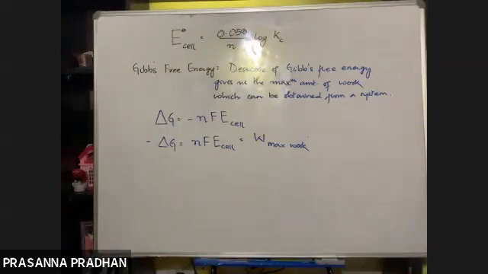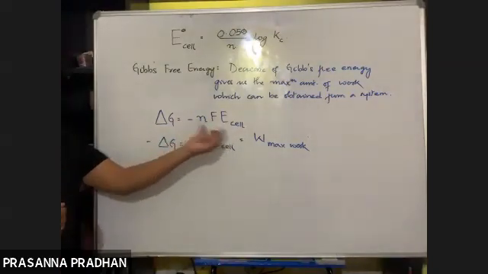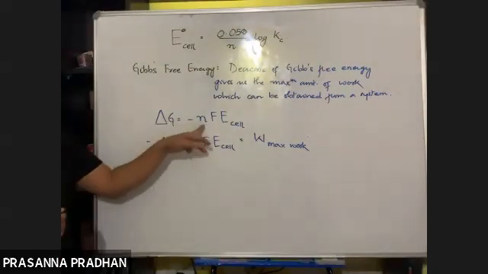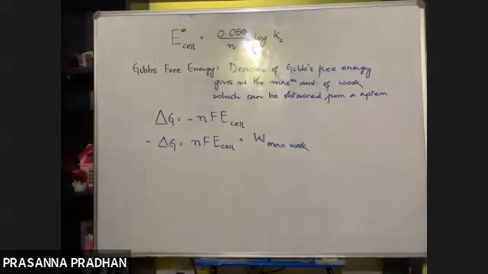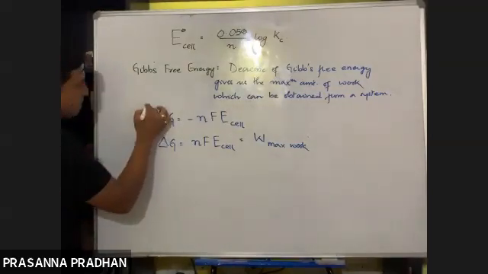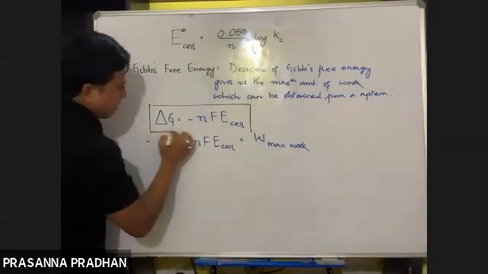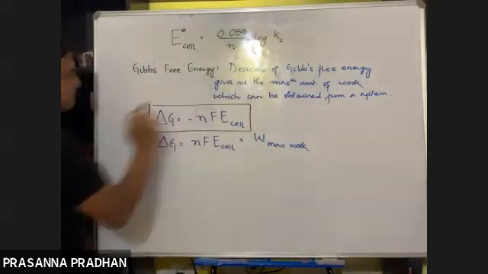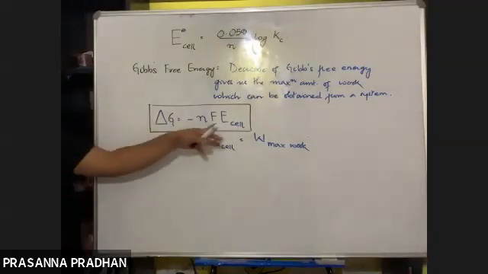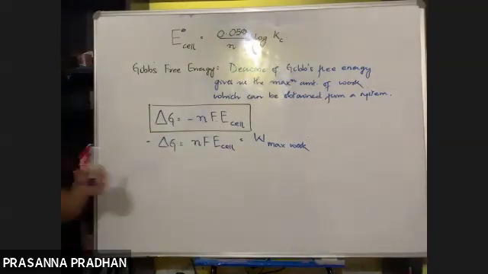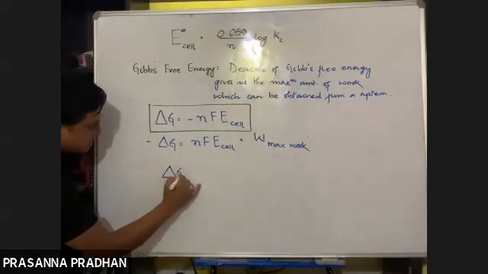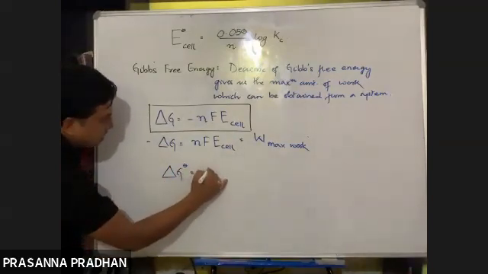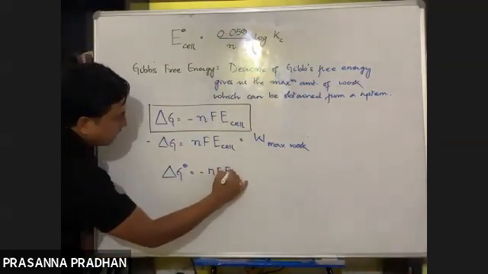Fine. So what is the relationship between delta G and cell potential? Delta G equals minus nF E cell. How will you obtain this E cell? How can you get this E cell? Cell potential from the Nernst equation. And similarly, your standard Gibbs free energy change, delta G naught, equals minus nF E